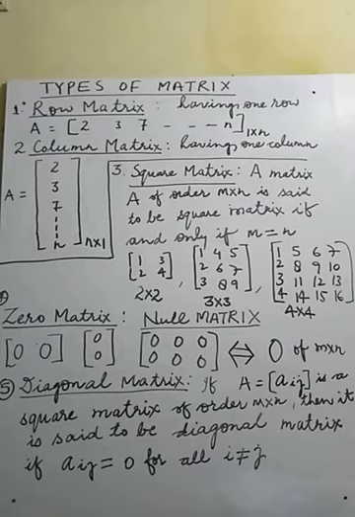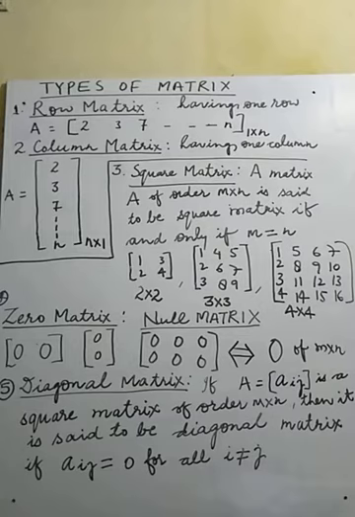The rest of the elements of the first row will be 0. Only the first element of the first row will not be 0. Come to the second row. In the second row and second column, because i and j are both equal, this element of the second row and second column will not be equal to 0. The first element and last element will be 0. Come to the third row. In the third row and third column, that will not be 0. Third row first column and third row second column will be 0, but the last one will not be 0.